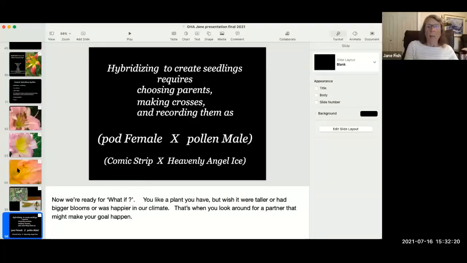So, hybridizing to create seedlings requires choosing parents, making crosses, and recording them as follows: the pod plant, the female, times the pollen plant, the male. And in the case we're going to look at next, a plant called Comic Strip was the pod parent, and Heavenly Angel Ice was the pollen parent. Heavenly Angel Ice crops up in a number of these crosses because I got it,